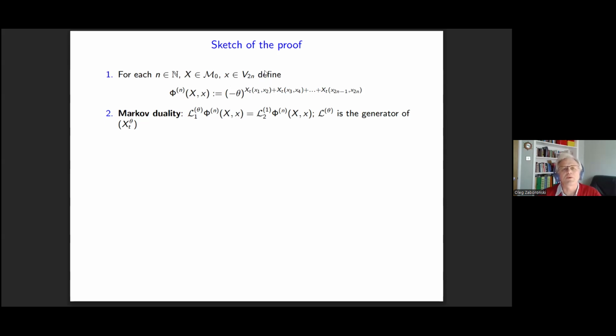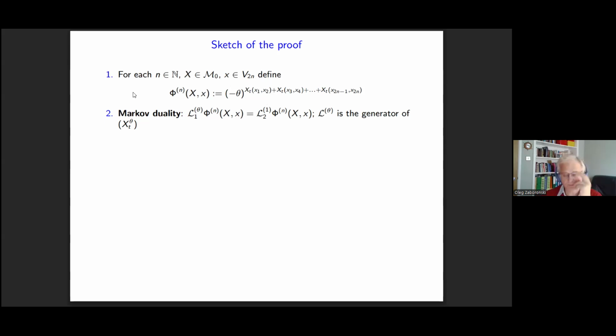And what I'm going to do is count the number of particles in n intervals with endpoints x1, x2, x3, x4, and so on, x_{2n-1}, x_{2n}. Sorry, I always end up with some misprints. At this point, this is just a deterministic function. I didn't need to put the subscript t in the formula. Sorry about that. And then an explicit calculation